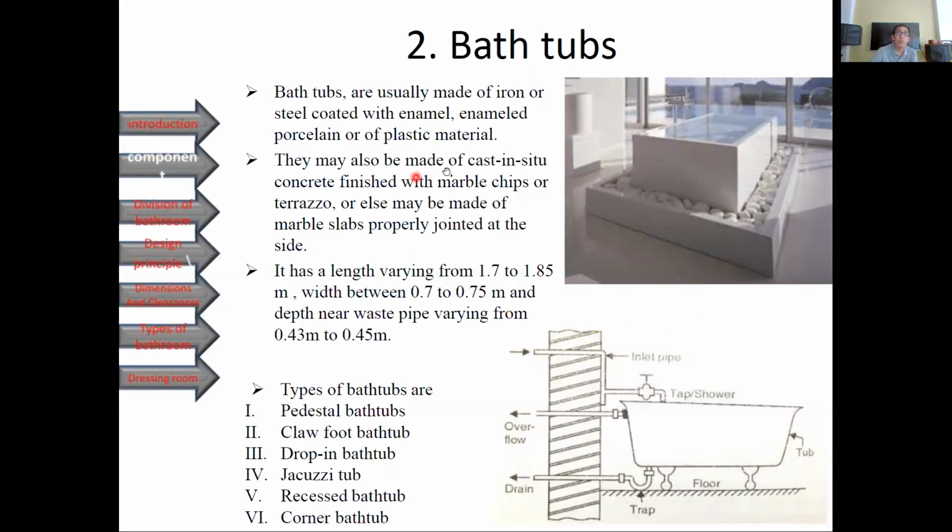So they may also be made of cast or in situ concrete finish with marble chips or terrazzo, or else may be made of marble slabs properly joined at the side. So this is also sometimes they use a cast in place